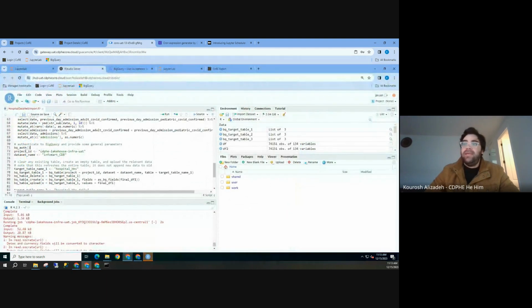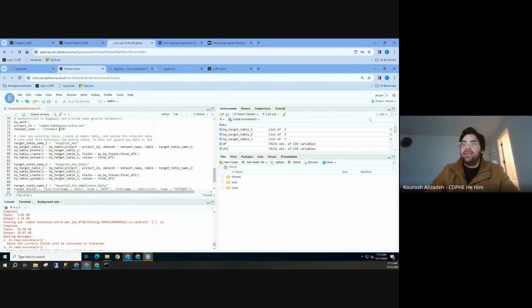Okay, and then I just name some strings so that I can easily reference them. And then down here in each of these blocks, you can see the same pattern. I give a table name. Then I create a BigQuery table object using some of those parameters, the project ID, the dataset name, and the table name. And then I delete the existing copy of it, and I create the new one using the table object and these fields. Now, bq_table_create only creates the shell of the table, like the columns and the data types, that's it.